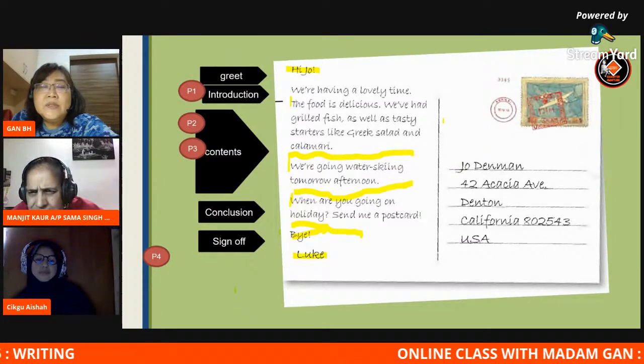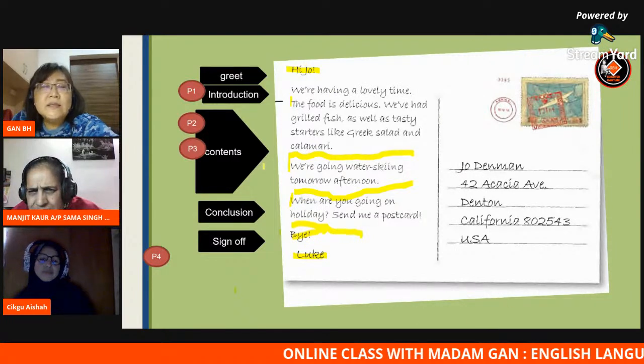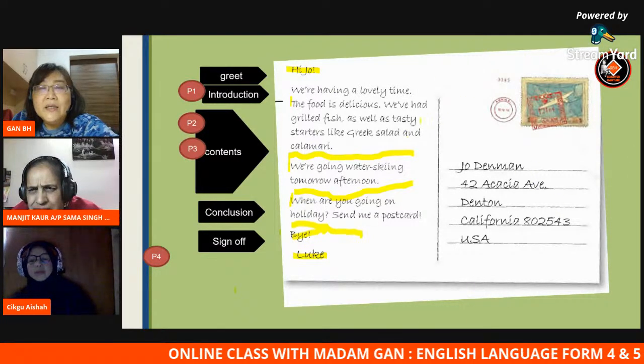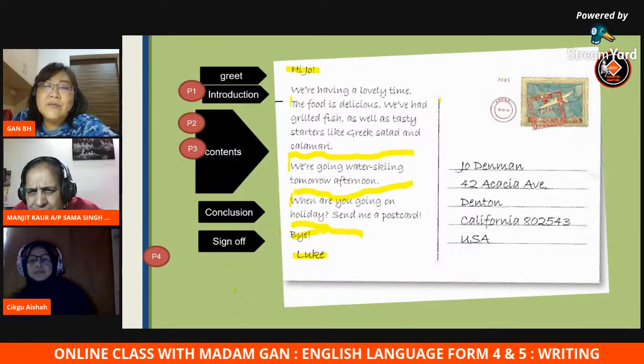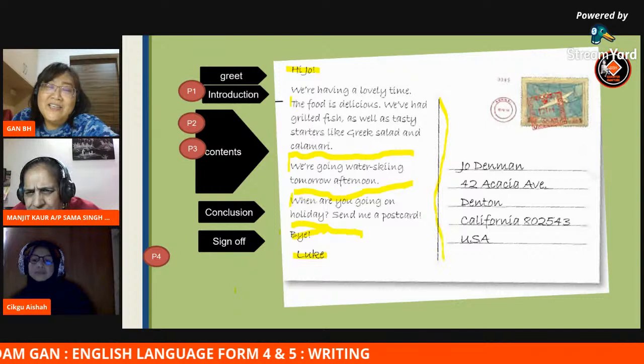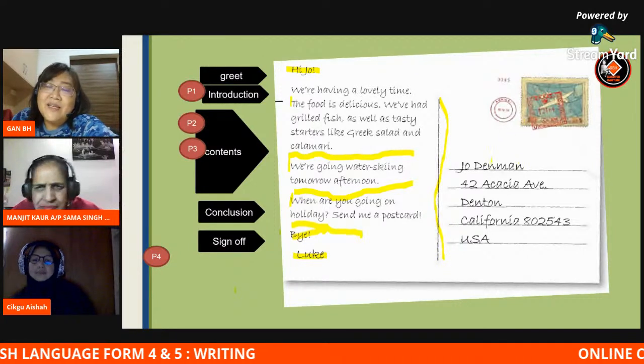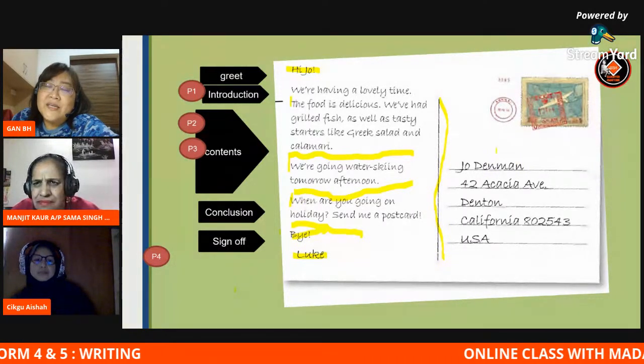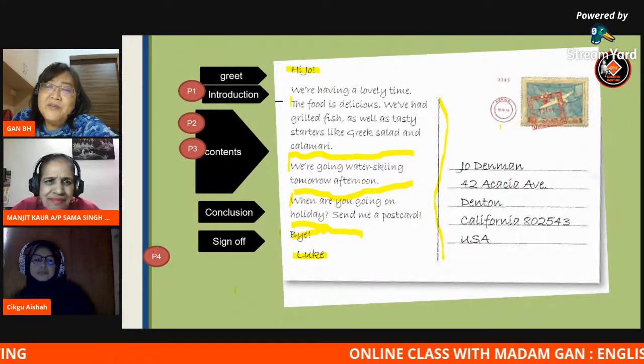Okay. The most important thing is if you are given this template with the line here, because some of you do not know how a postcard looks like, right? Maybe. Because nowadays you don't send postcards and so on, right? Even myself, I don't. But I used to like receiving postcards, because postcards have beautiful pictures, right?